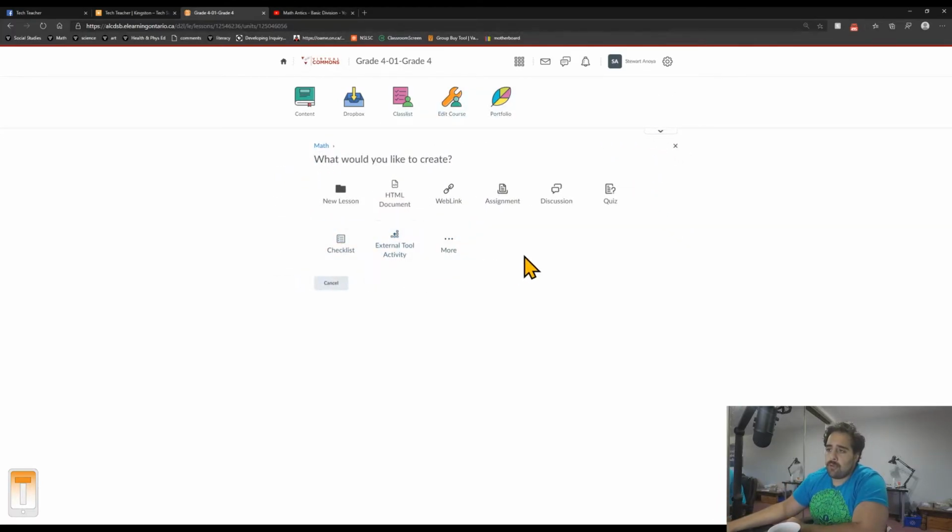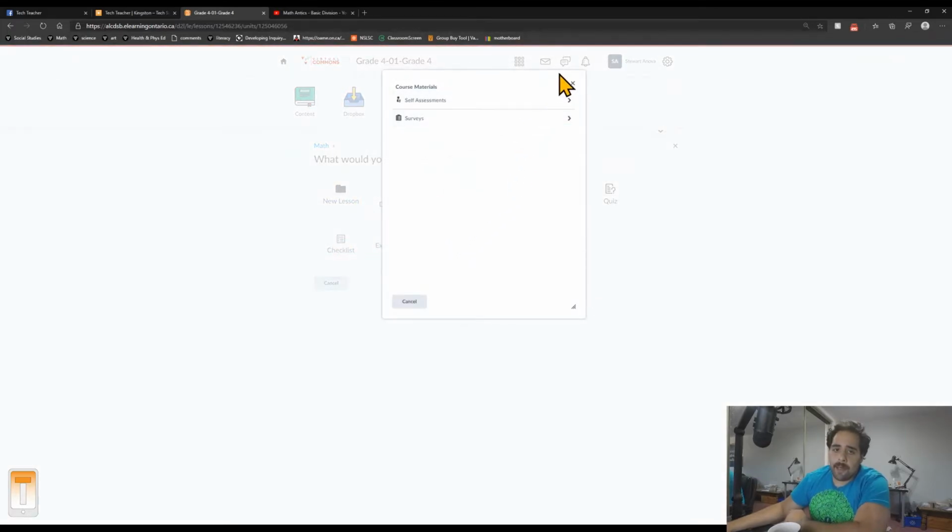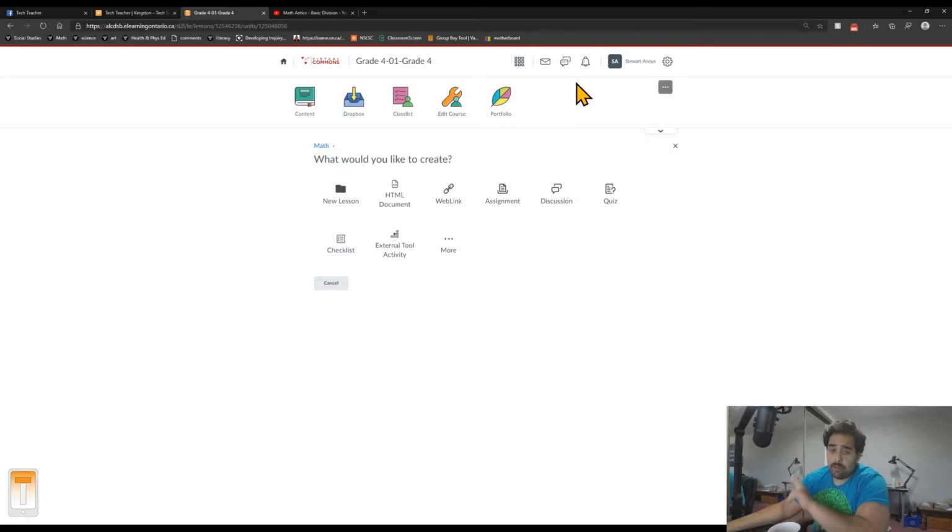And when you get to your create new option, you're given about 8 buttons, 2 of which are hidden in here. Really, I only use 2 of them. I used this HTML document, and most recently, this new lesson document. This new lesson, sorry, I called it a document, but what I meant was folder, is like a title page in your binder for a unit. So if I click new lesson,